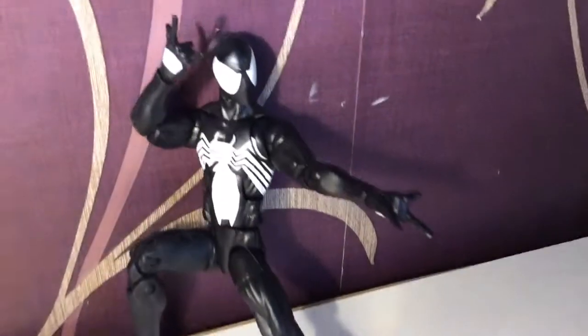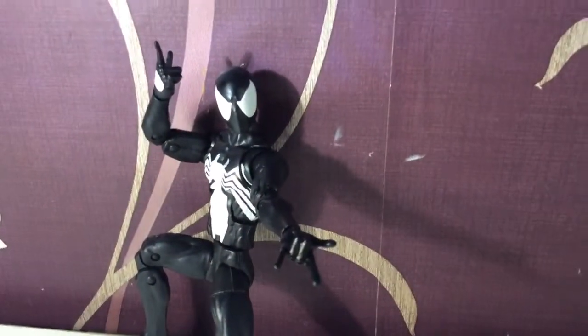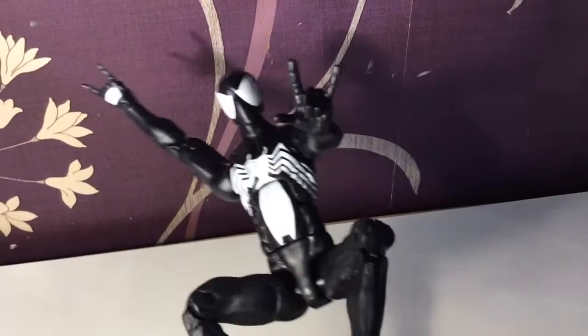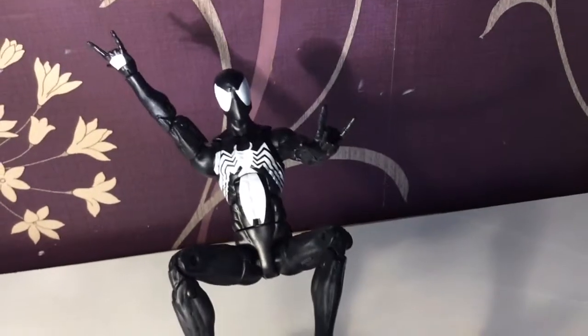The other hands are web slinging hands, which you definitely expect to find with Spider-Man. Looks like he's doing a little bunny there. Or if you got some stands, you can get him firing web towards an enemy, or swinging, etc. That's pretty cool. I like that idea. I guess a key